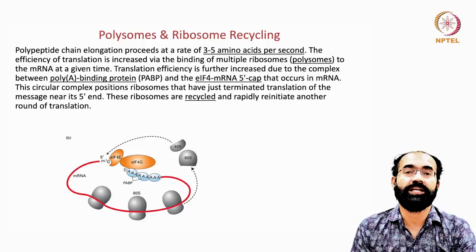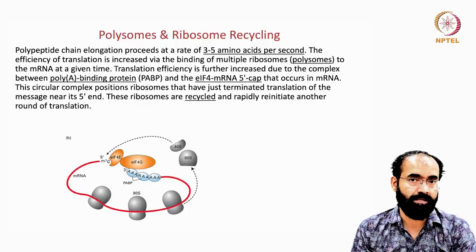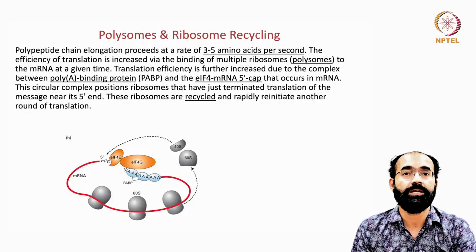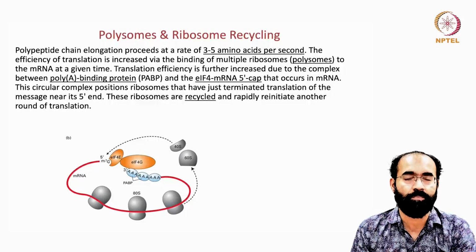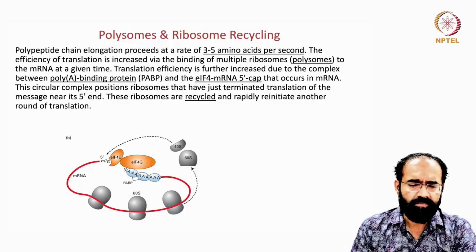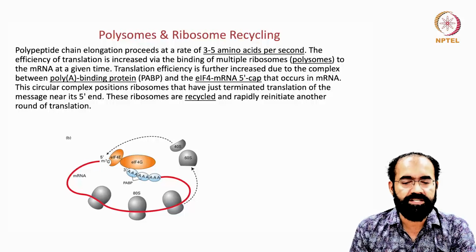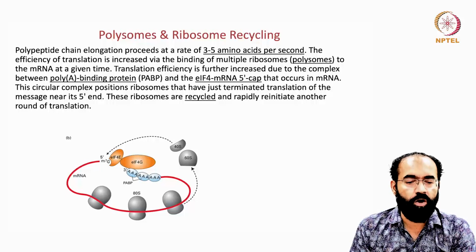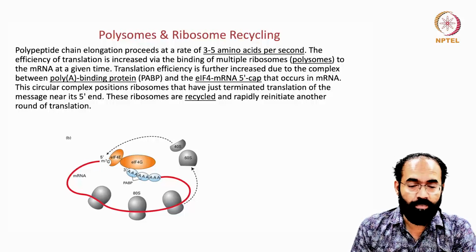Every ribosome will give rise to one polypeptide, but a second set of ribosomes on the same mRNA will produce another protein. It is like a conveyor belt in airports bringing your suitcases: the belt is one, but you have multiple boxes on it. Like that you can see the polysomes. At a given time it can produce multiple proteins from one mRNA. The translation efficiency is further increased due to the complex between poly A binding protein